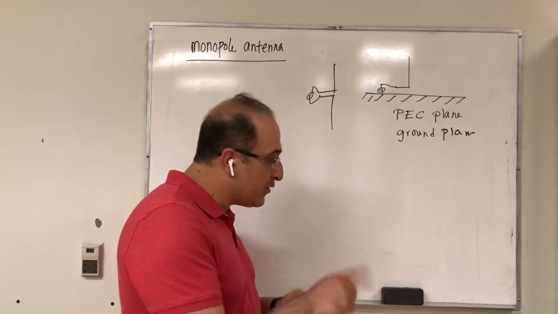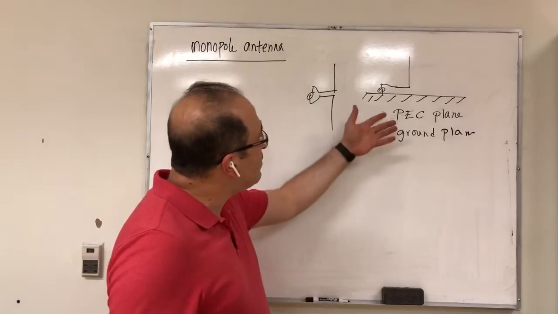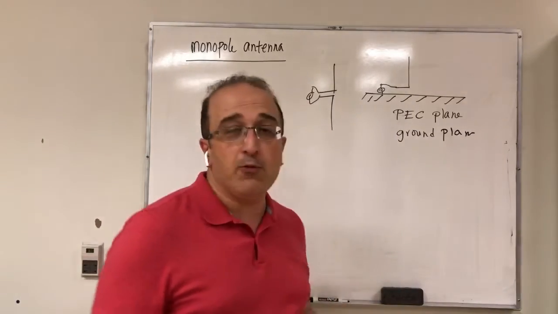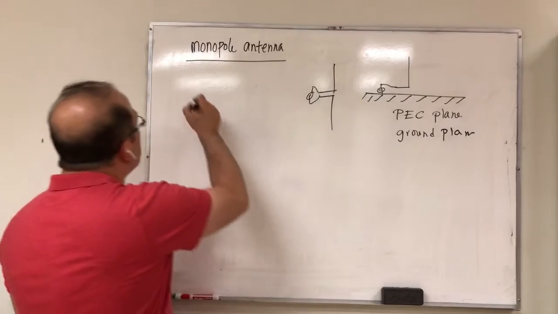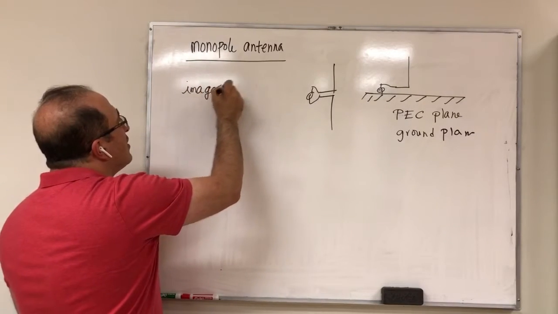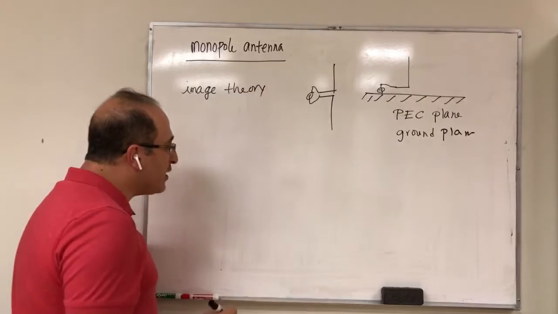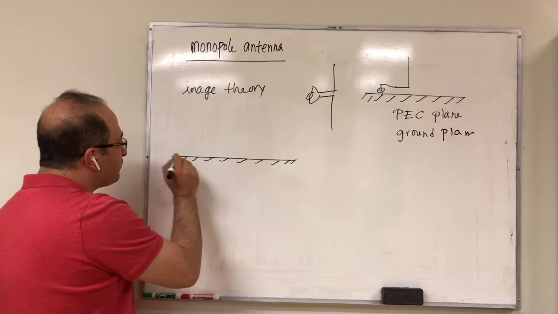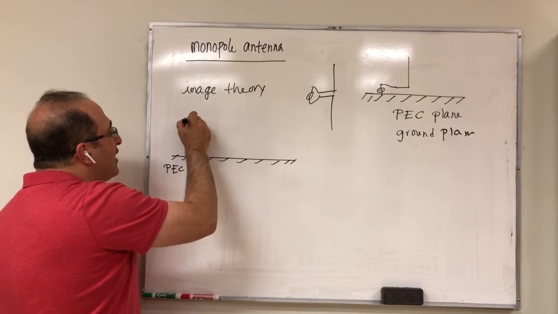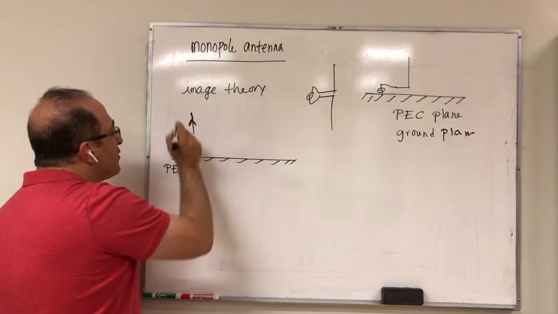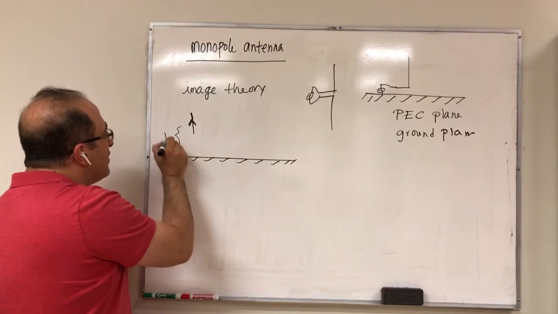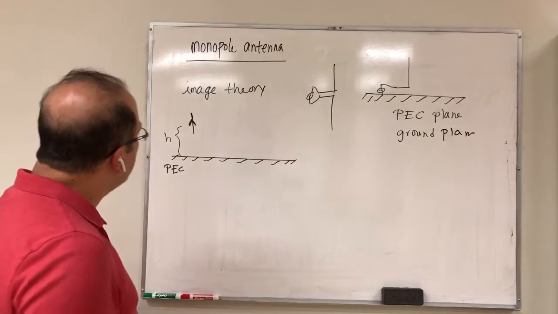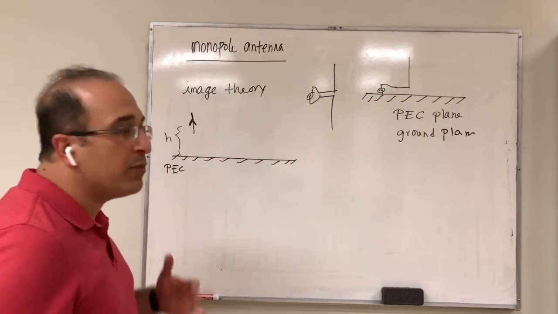Now, before talking more, let's see what is the basic of this in terms of operation. Why just one arm would work? The operation is based on something called image theory. So image theory essentially says that if you have a PEC plane, ground plane, and you have a current like that above the PEC plane, a piece of current above that, so let's say it is at height h above the PEC plane. Now, if you want to analyze this structure, the analysis of this structure can be complicated because